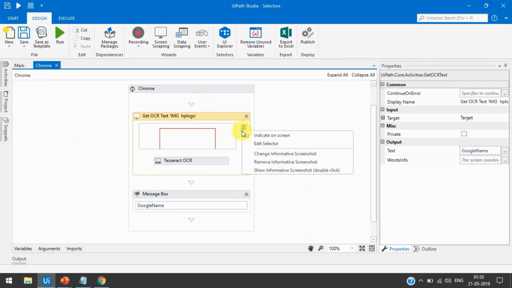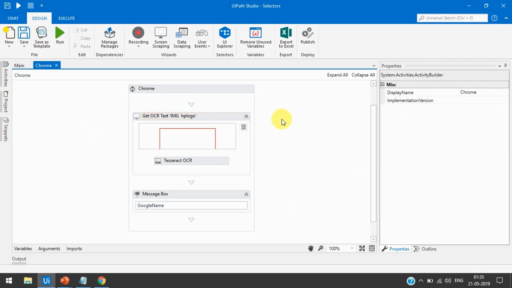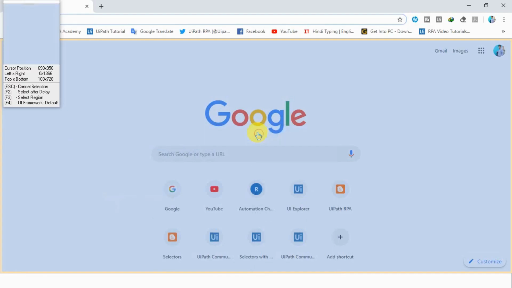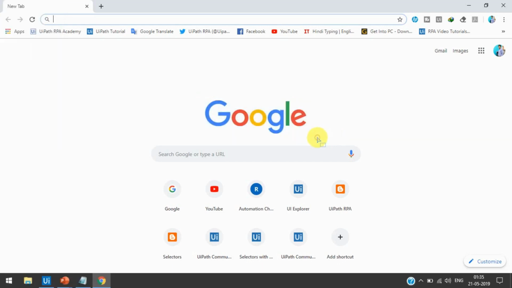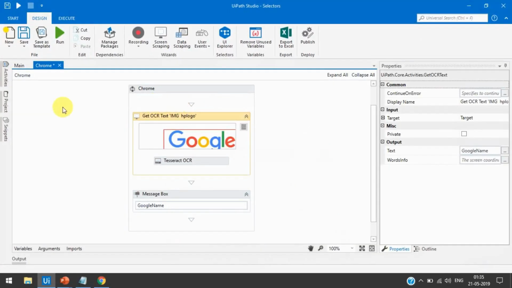Or sometimes what happens, we are working on a project and due to the selector changing, or the web page ID or that element ID changing, we are not able to automate those things. So for that we again click on indicate on the screen, and again select that element. This way we can automate.